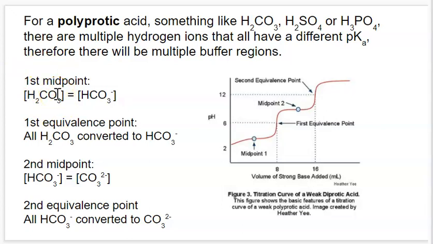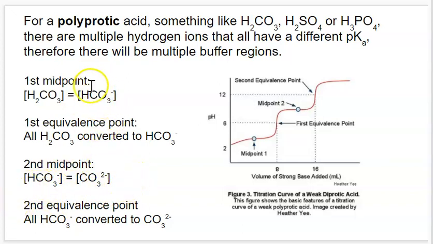But since this is polyprotic, we have to go through another cycle of titration because we have another hydrogen ion to remove. So as we continue, we reach a second buffering region where the HCO3 minus is interacting with hydroxide ions to produce pure carbonate, CO3 2 minus, by taking off the hydrogen ions here. And at this second midpoint, in the middle of the second buffering region, that's where the HCO3 minus is going to be equal to the CO3 2 minus, and the pH is going to be equal to the pKa of